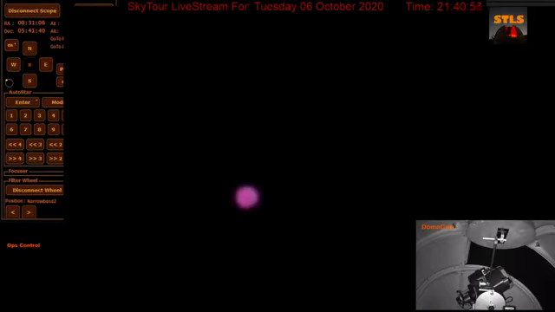It can depend where you are, how far east or west you are in your time zone. It may change that somewhat. Yeah, he's right. And by next week, it'll be rising at sunset when it's at opposition. It's just like a full moon. It'll rise at sunset, set at sunrise, and it'll transit the meridian at midnight when it'll be highest in the sky.